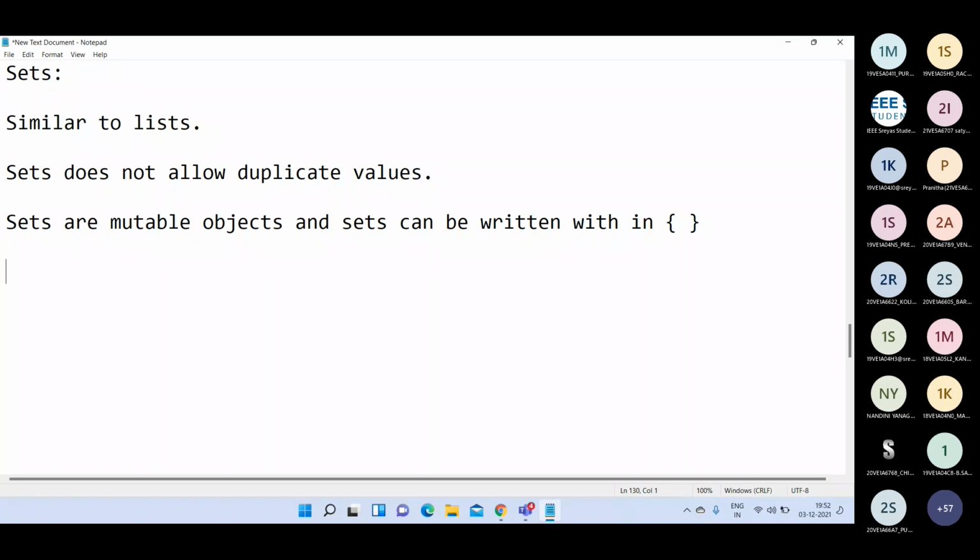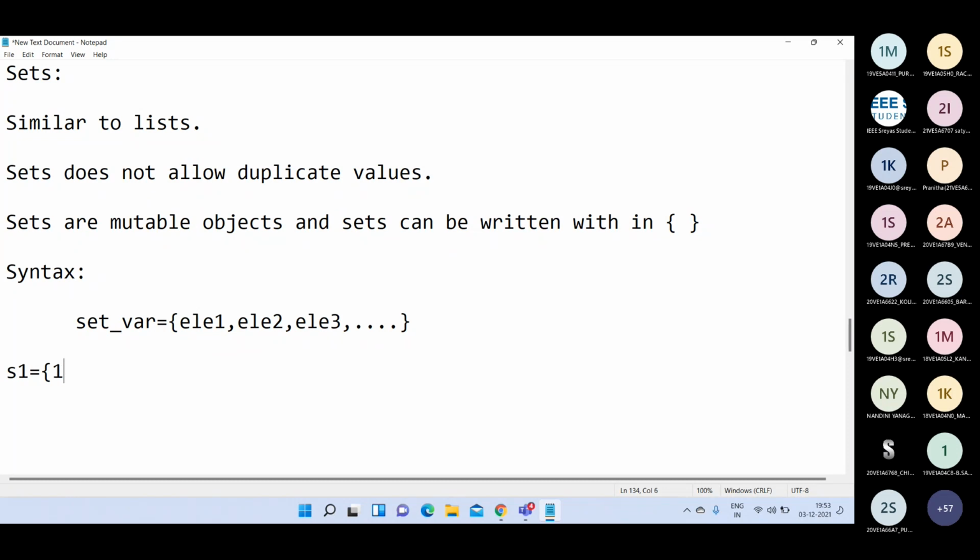So sets are mutable objects and sets are written by using a comma separated list of values within the curly braces. The syntax for sets is: set variable is equal to curly brackets, you can write element 1, element 2, element 3, and so on. Here also element 1, element 2, element 3 can represent any kind of data types. That may be numbers or decimal point numbers or strings, whatever you want.